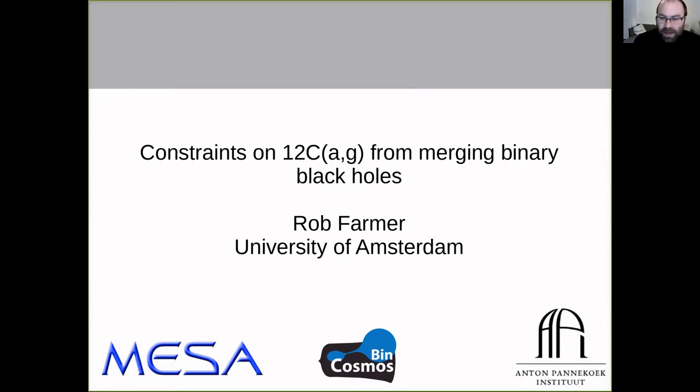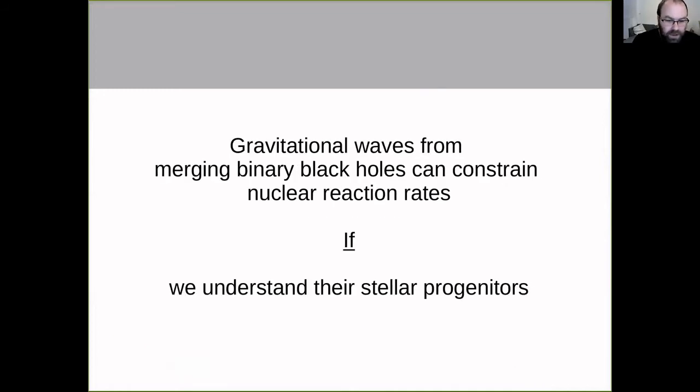I want to talk a little bit about how perhaps we can constrain it from the stellar side of things. So the one slide summary, if you take nothing else from this talk, is that merging binary black holes can be used to constrain nuclear reaction rates, but only if we understand their stellar progenitors, what stars made